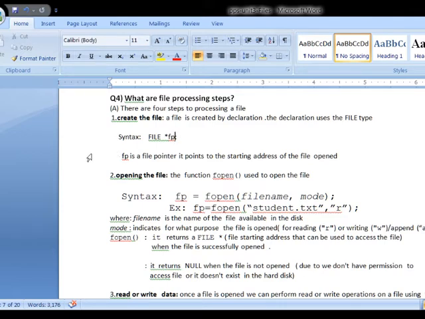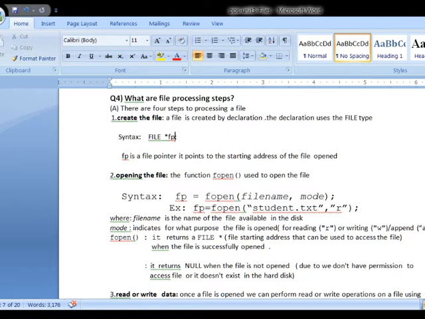Already I explained there are two operations we are going to perform on any file, read operation or write operation. If you want to perform read operation, we need the starting address of the file. Once we get the starting address of the file, we start reading from that. Similarly, if we want to write something onto a file, we need the file address, and once we get the address of the file, we can start writing from the starting address of the file.